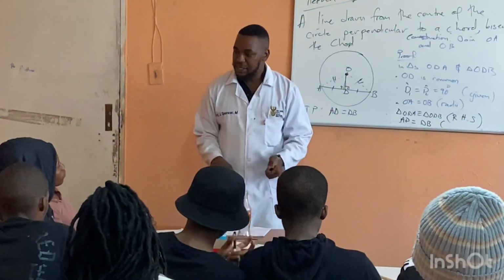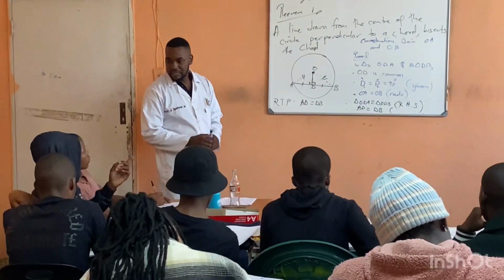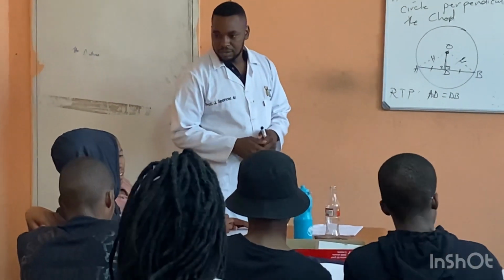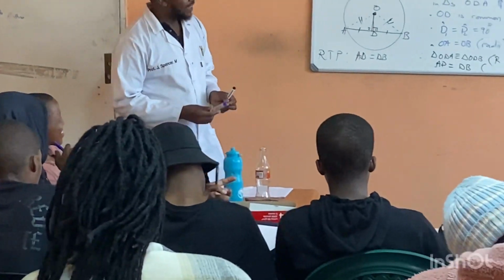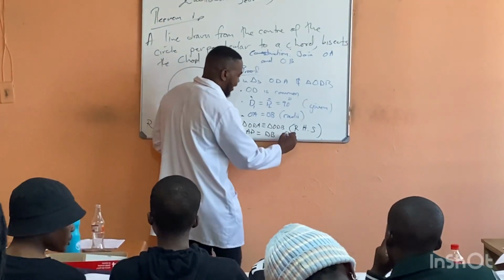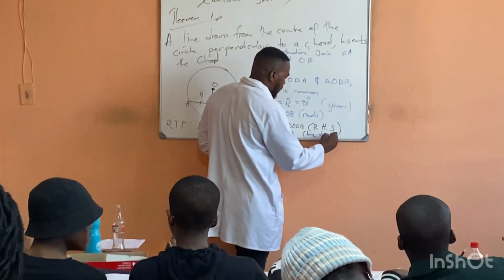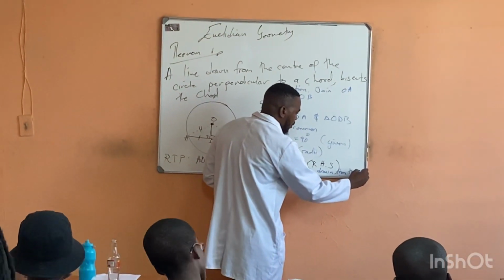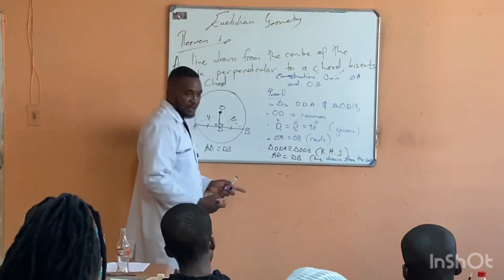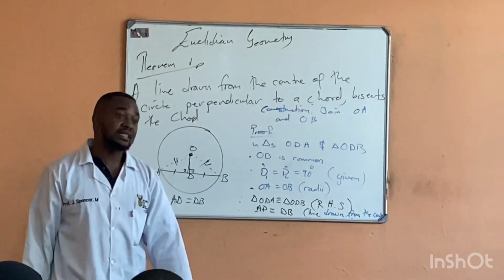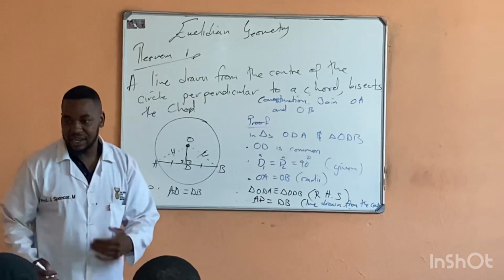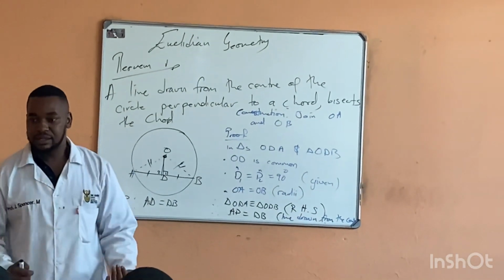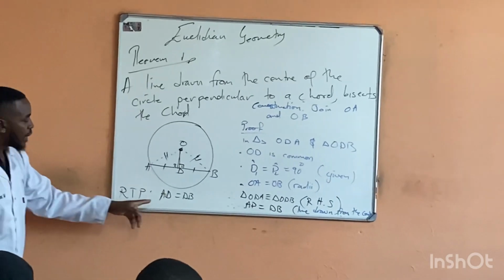A line drawn from the center bisects the chord because of this statement. This statement is going to be a reason. So for you to understand the reason, you must be able to provide a proof for that particular reason. So now you understand why we are saying AD is